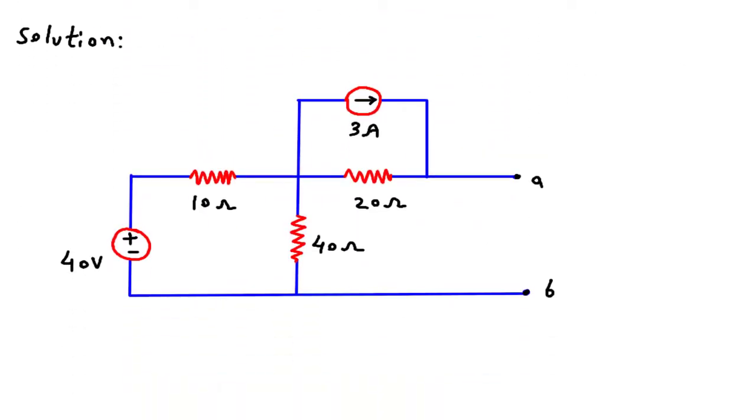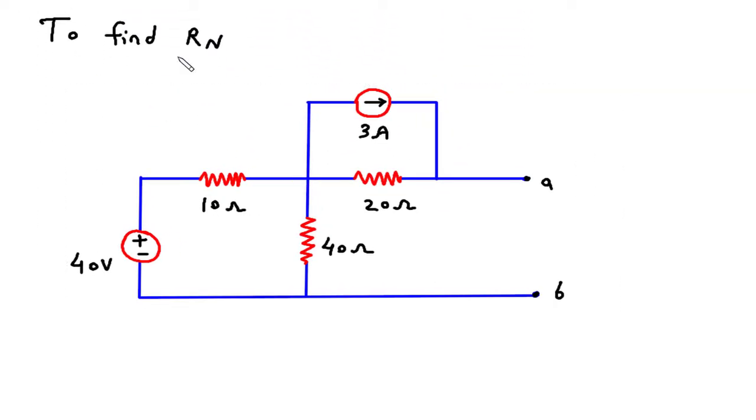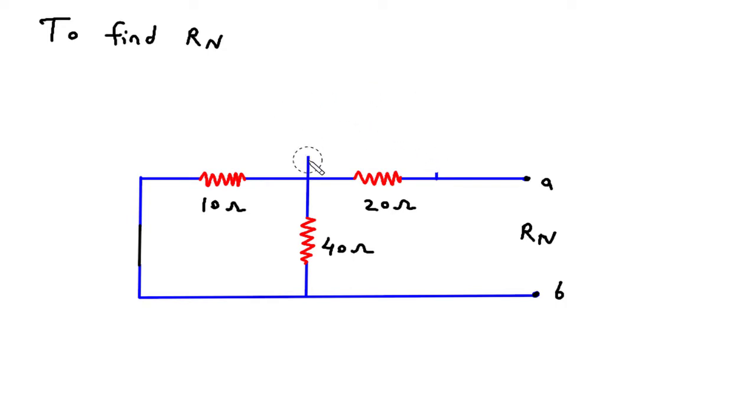So to find Rn, this will be Rn. Now we will turn off the independent sources. This is a voltage source, so this will be short circuited. This is a current source, so this will be open circuited. So Rn is equal to